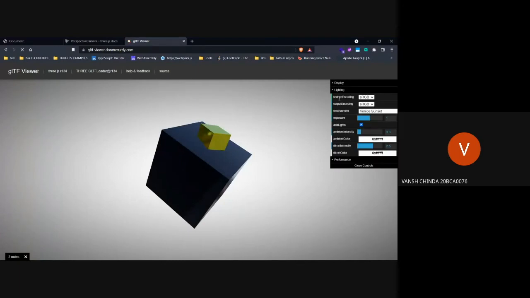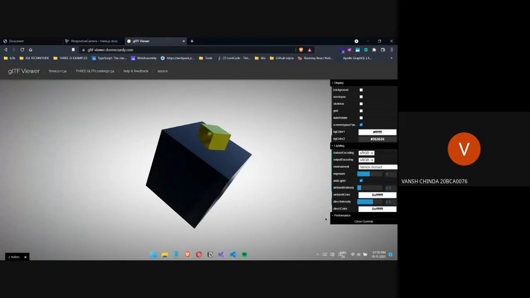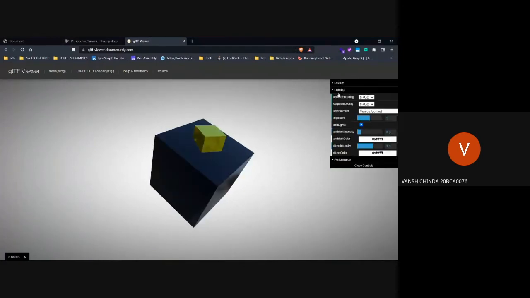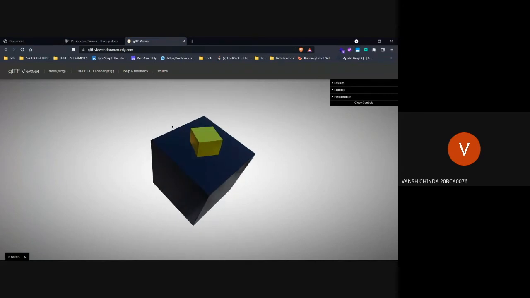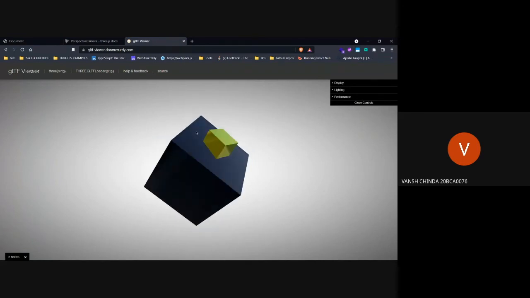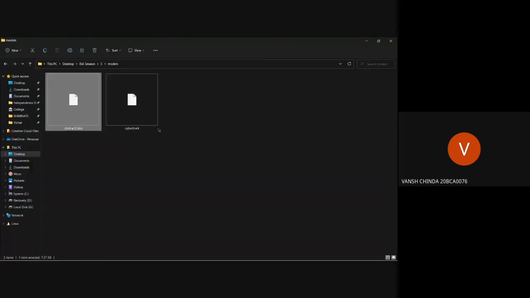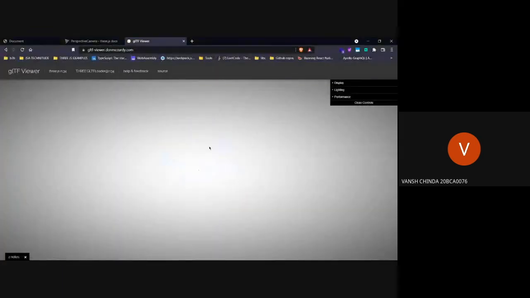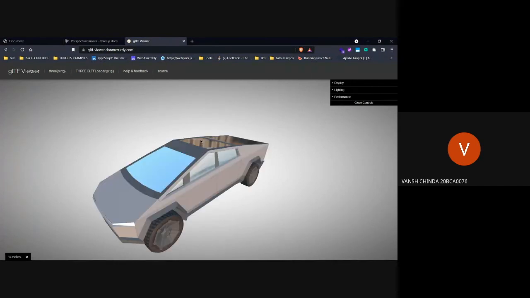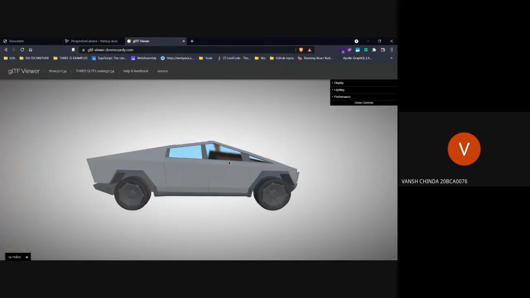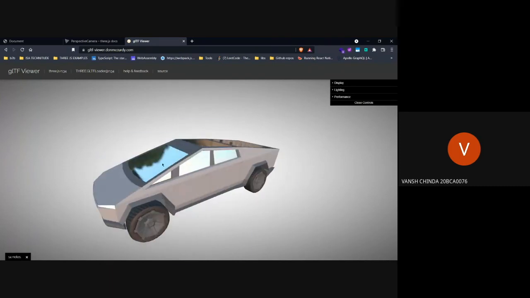of properties here, but we won't add that many properties. Just don't get your hopes up. In our file, it will look a lot less better, but we'll try to make it look really good. And also, we can get a sneak into Cybertruck as well. I basically downloaded this from the internet. I'll share a link where you can get these free models. I'll show it to you right now.